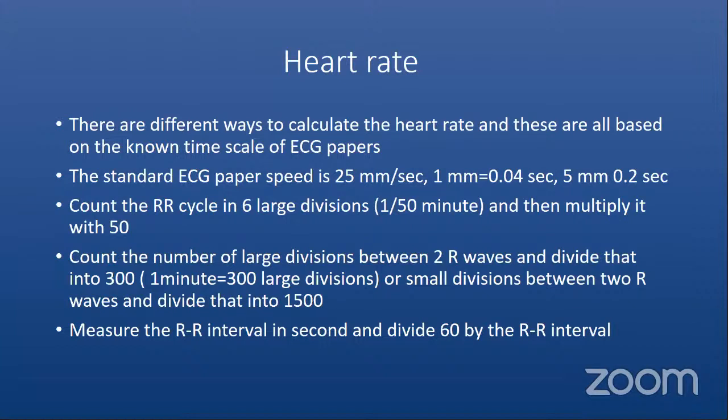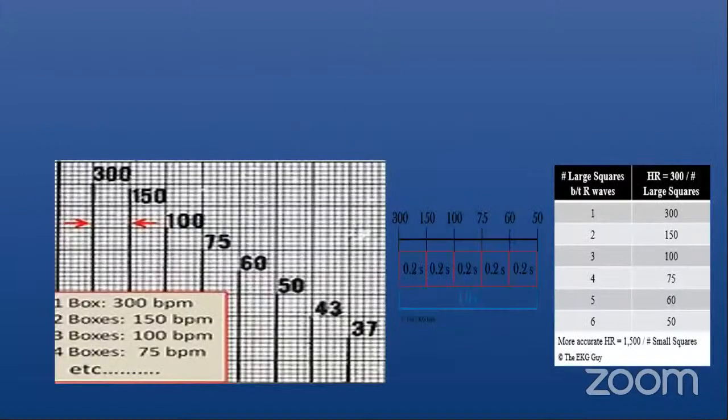Okay. So basically, you know what the standard ECG paper speed is. That is about 25 millimeter per second. So in 1 second, obviously, that means there are 5 larger boxes. So in 1 second, there will be 1, 2, 3, 4, 5. So those 5 boxes, basically, that's what the ECG speed has been running. So that means there are 25 millimeter. So in one minute, if the ECG is running at 25 millimeter per second, there will be about 1500